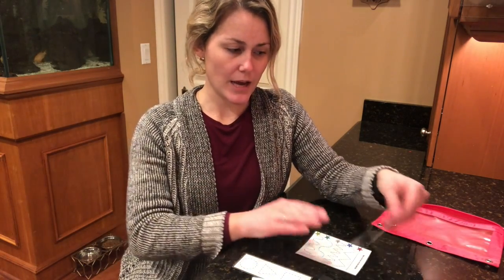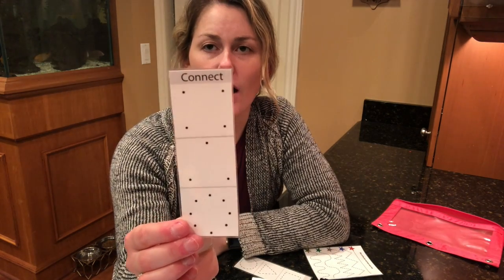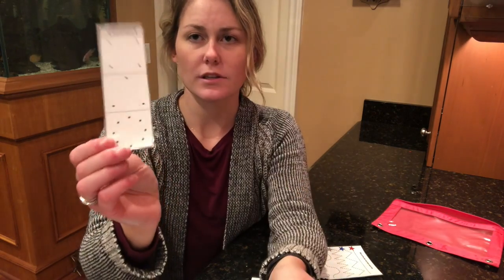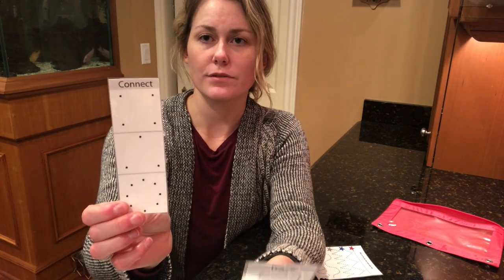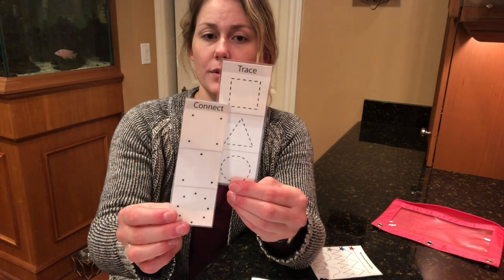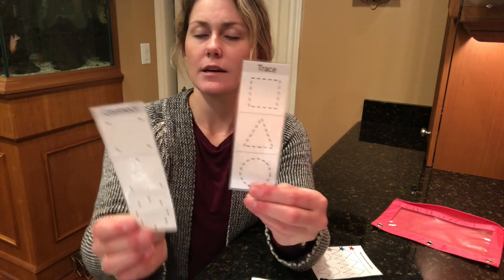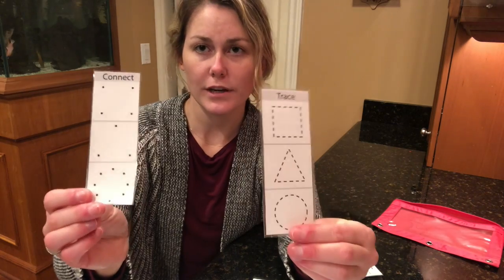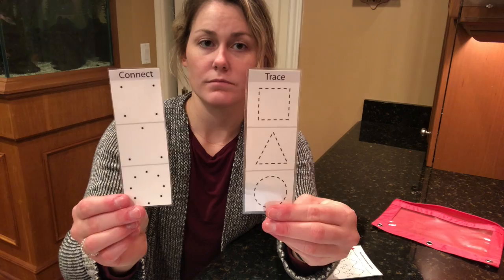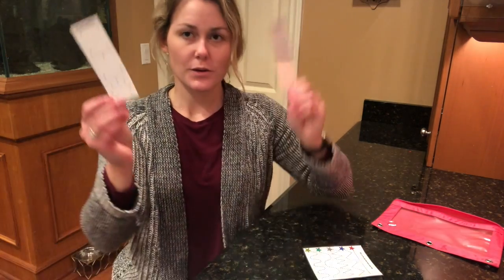And the last one I have is to connect the dots. And these are the same shapes that were in the tracing. So this is just a little bit more challenging for a child because they have to really focus on their lines. Whereas this one gives you the assistance of the dotted lines. So this is a little more challenging. So depending on where your child's at, you can use both or one or the other or whatever works best for them. So I'm just going to show you